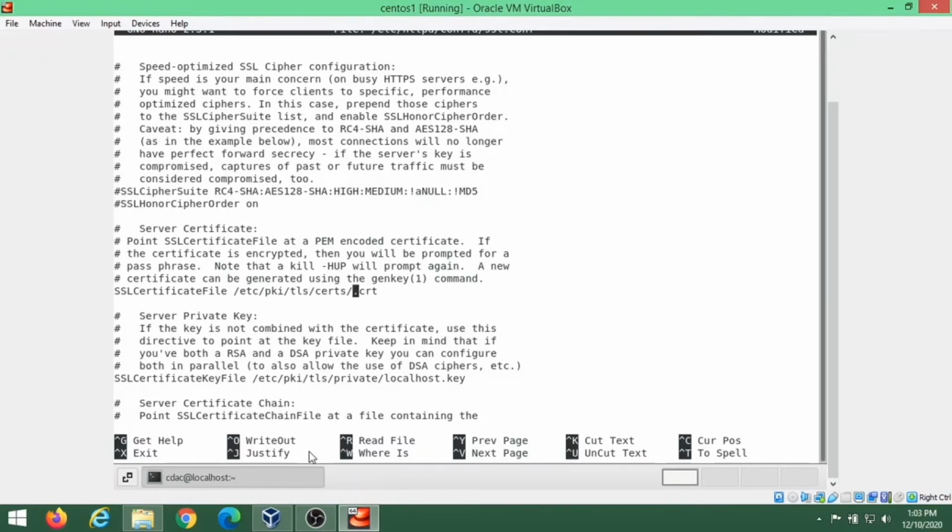Here we will give the path where our certificate file has been stored, that is /etc/ssl/certs/apache-selfsigned.crt.